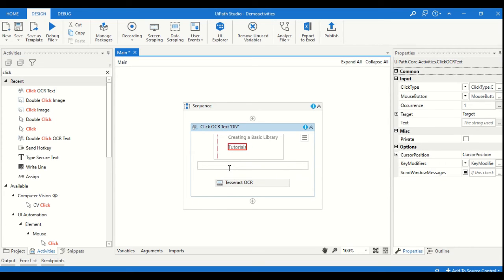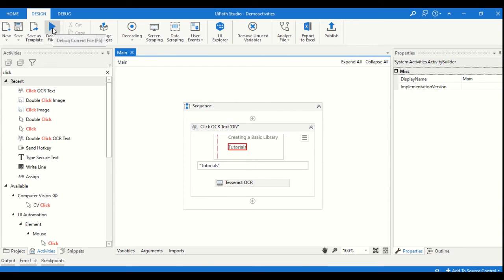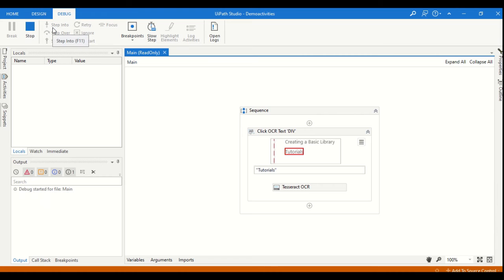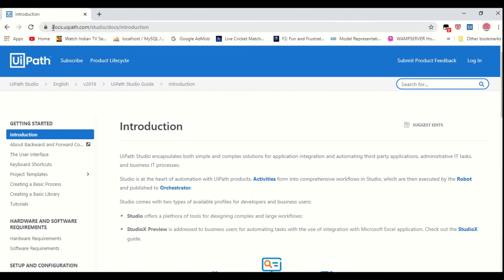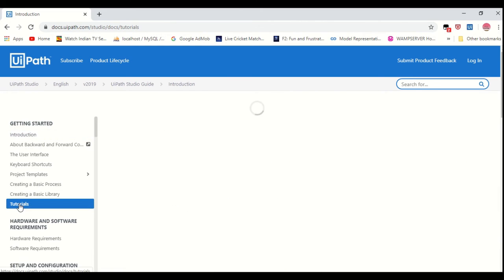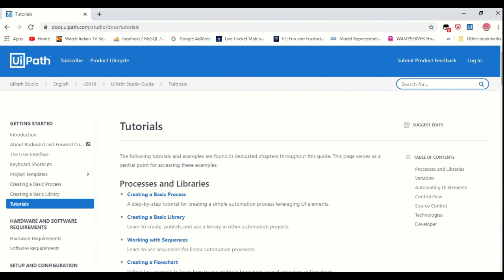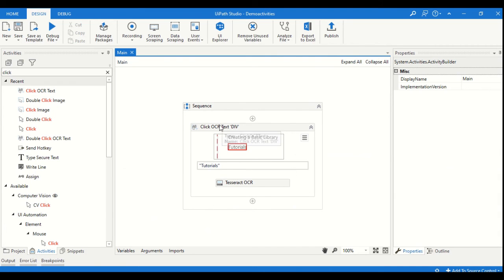Same here, tutorials, and then save this file and run this workflow, which clicked on tutorials. This is about the click OCR text activity. It will retrieve the text in the web page, compare it with this, and then click on that text.